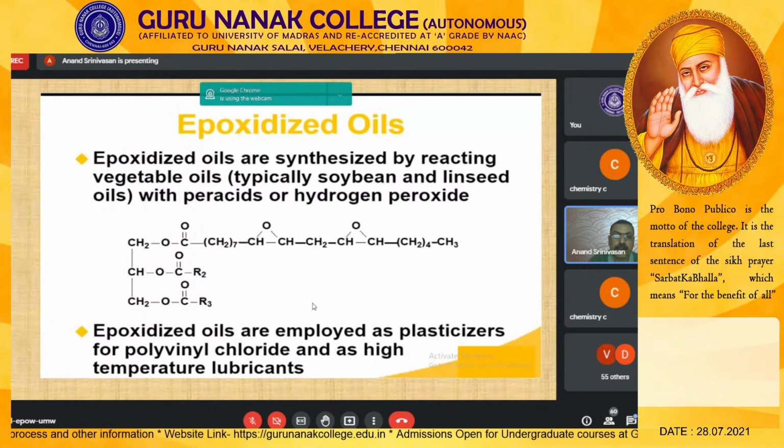In that case, you can try to use these bio-based materials, which can be used as a plasticizing agent as well. As you can see, plenty of lengthy carbon chain is there, which offers flexibility to your rigid system. So they can be tried along with the stiff material. So you can try to alter the stiffness and toughness of the material by using these epoxidized oils, which can be used as a plasticizing agent.